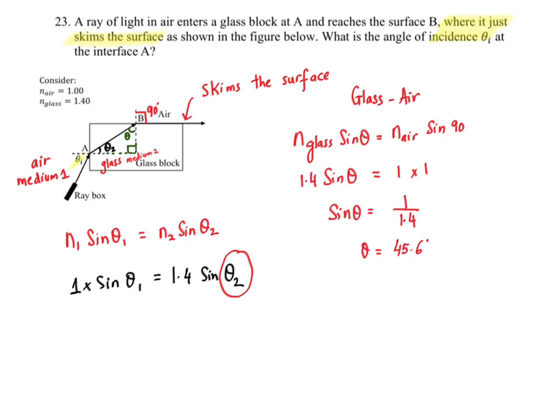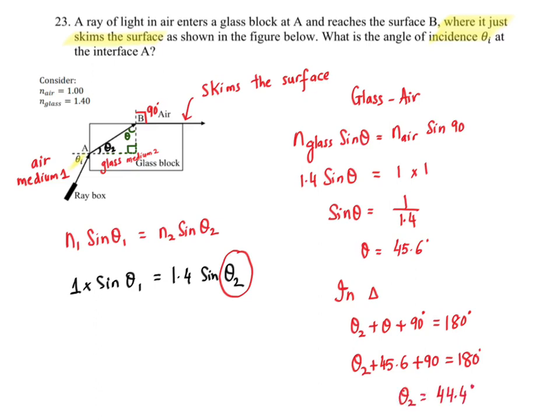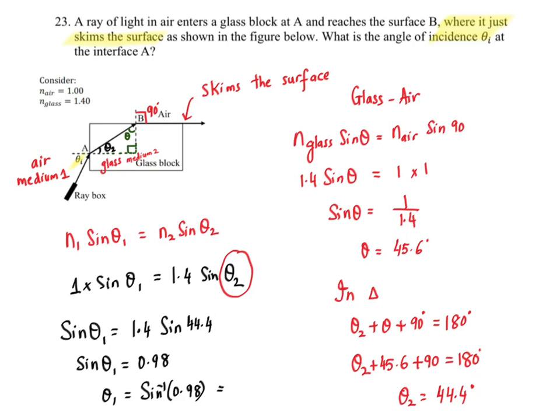Now that we have the value for theta, focus on the triangle. Using the math concept, that's the angle sum property of a triangle. That means if we add the angles of a triangle, it should come out to be 180. We have theta as 45.6. So using that, we can get theta 2, which is 44.4. Putting it back into our equation and getting the value of theta 1. So theta 1, you can use shift solve directly on the